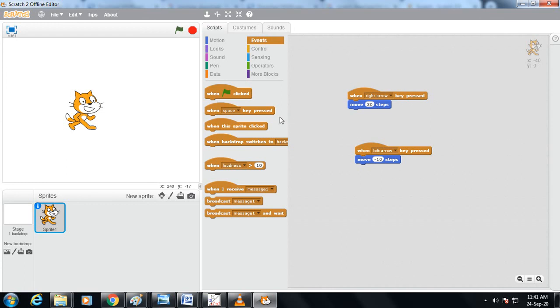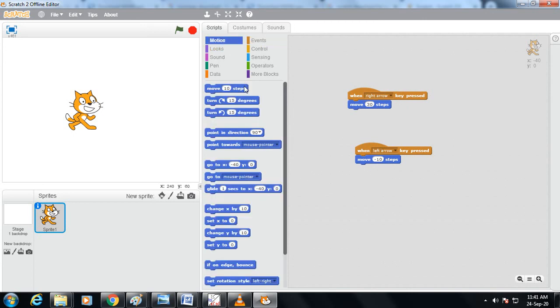So in this command we have chosen two keys, the right arrow key and the left arrow key, and in the motion option we have chosen this first command, move 10 steps. Plus 10 steps means forward, minus 10 steps means backward.